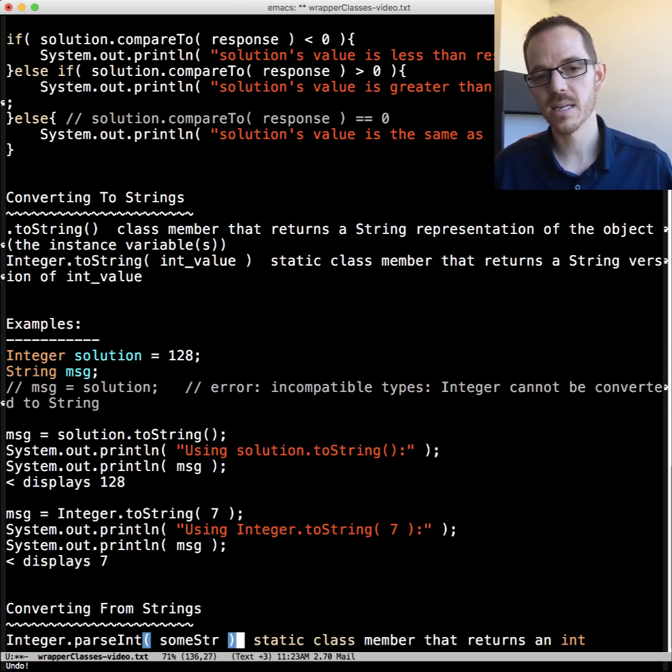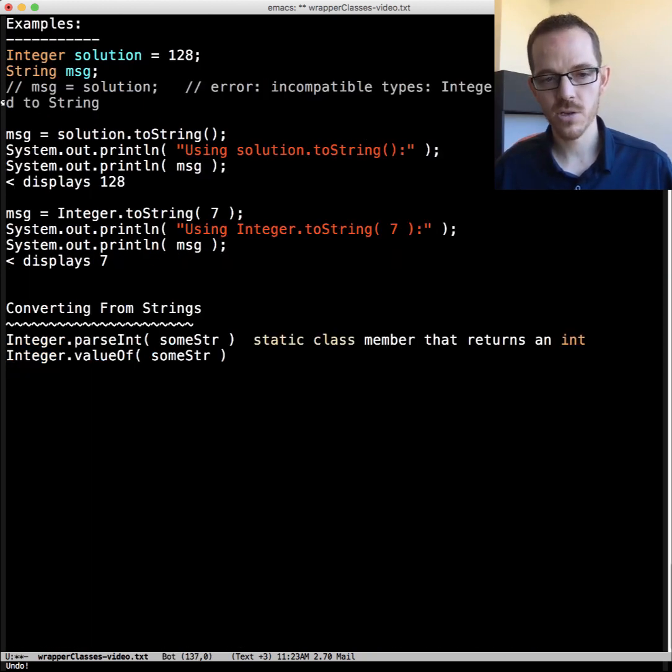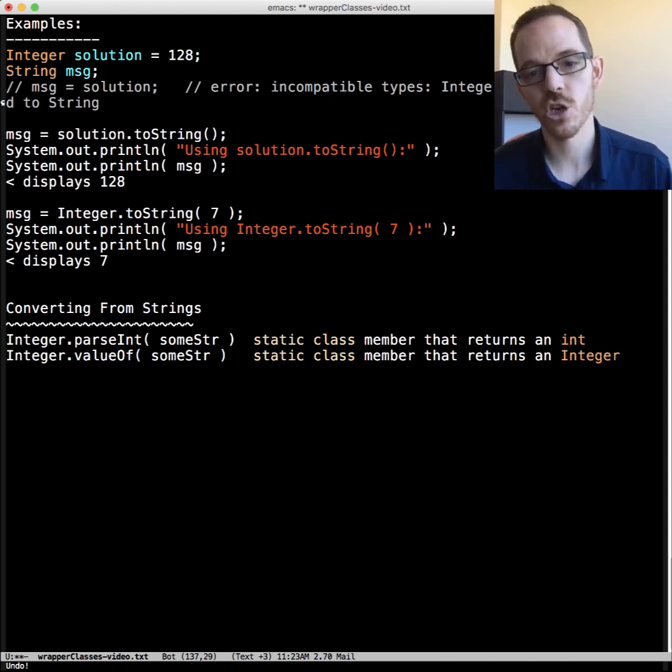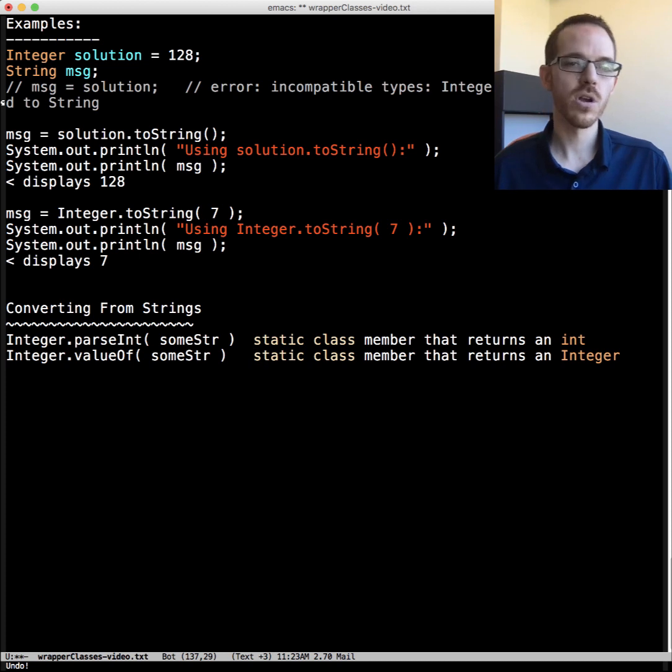You can remember that because it says parseInt. The other one is also a static class member, but it's valueOf. This one returns an Integer object. So if you know that you want an Integer object, then use valueOf. If you're really just trying to get an int, then use parseInt to be able to get that.